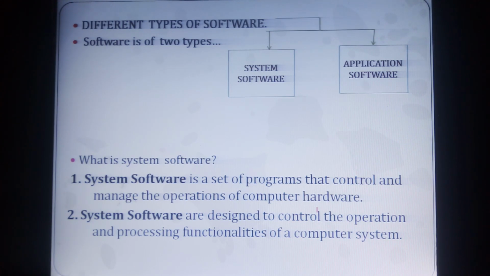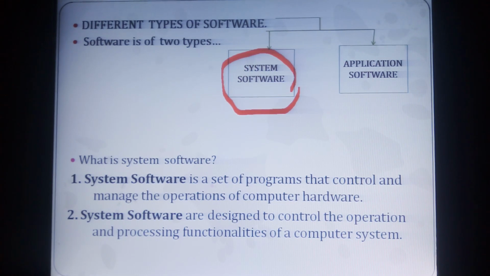Now coming to the different types of software. There are mainly 2 types: one is system software and another is application software. First of all we are discussing system software. What is system software?